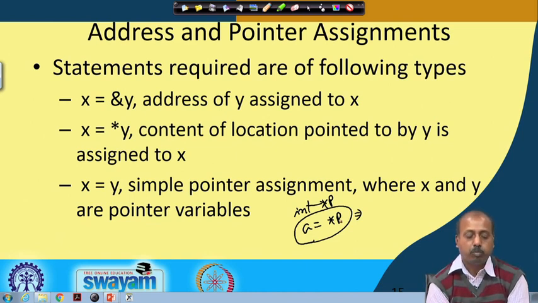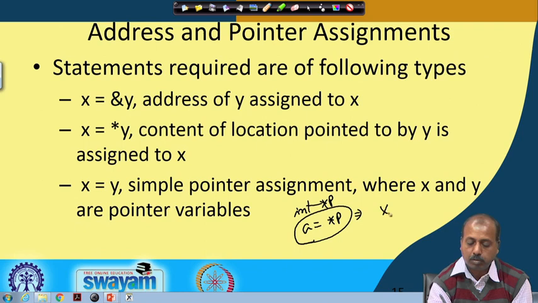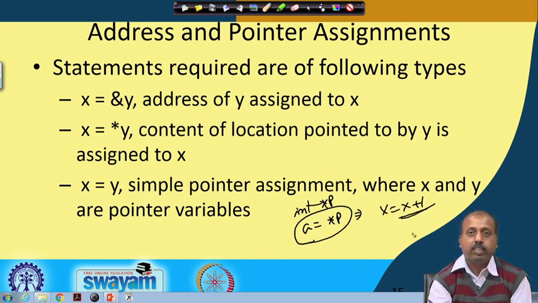This is simple pointer assignment. x and y both are pointer variables, so you write x equal to y. It does not say anything about incrementing pointers and so on. If your high level language supports pointer arithmetic, such as making x equal to x plus 1, then you have to incorporate those features into the 3 address code also.